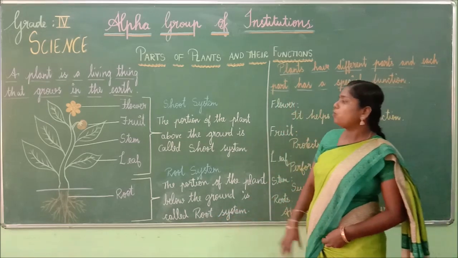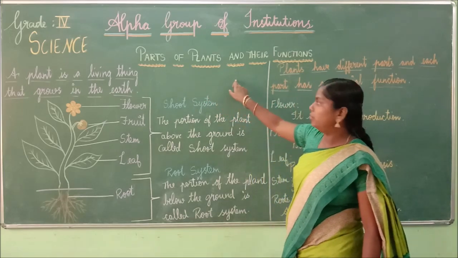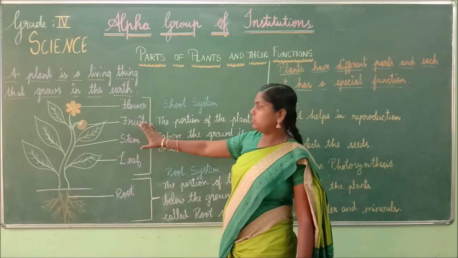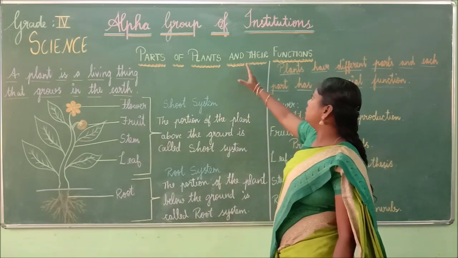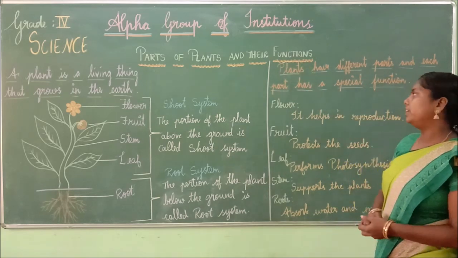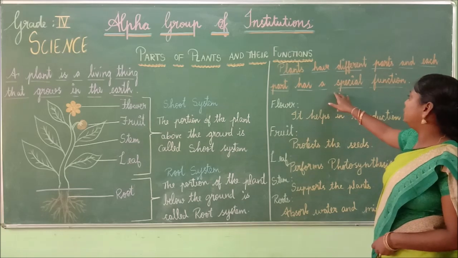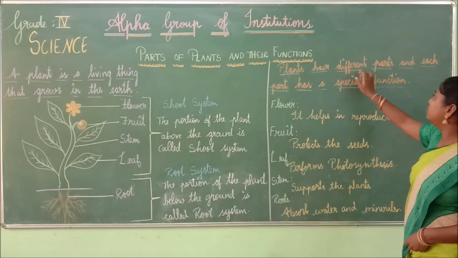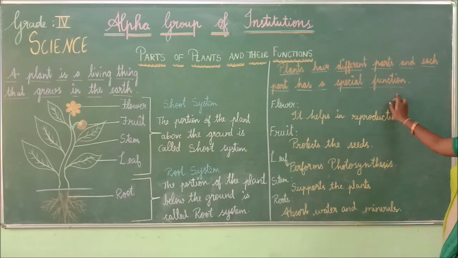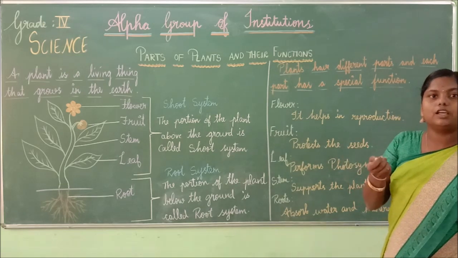So now what we learned is parts of plant, isn't it? We learned about the plant. What are all the parts which is in a plant? Now the next one is their functions. Shall we move to the functions now? Very good. Now plants have different parts and each part has a special function. So here your hand is for writing, isn't it? Your leg is for